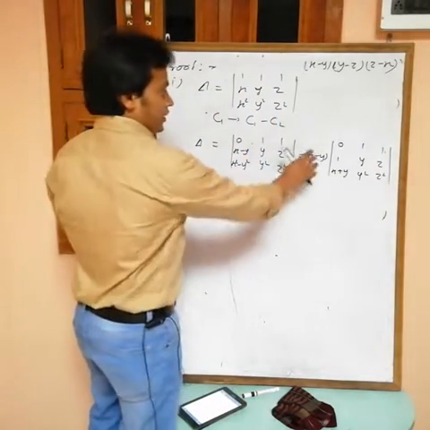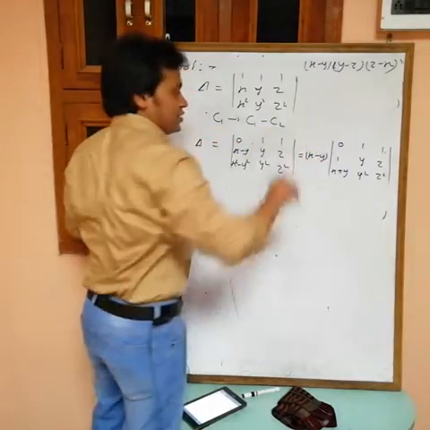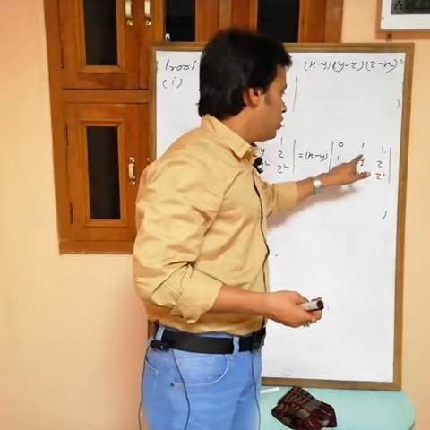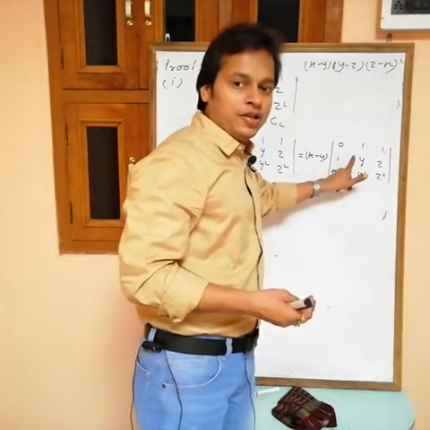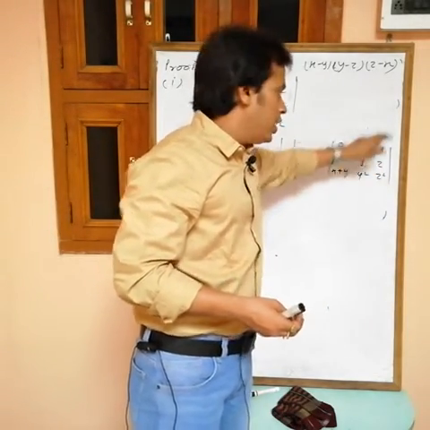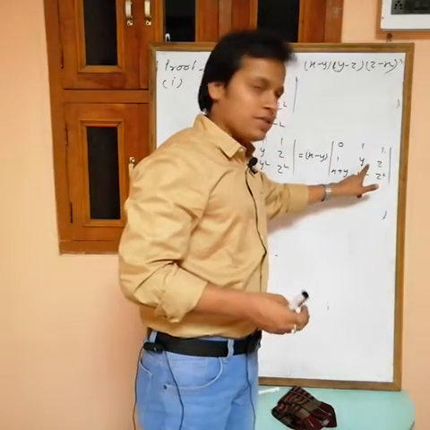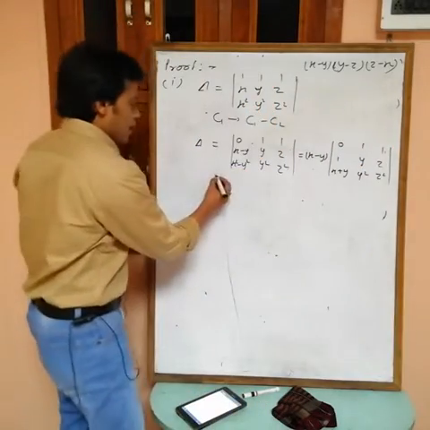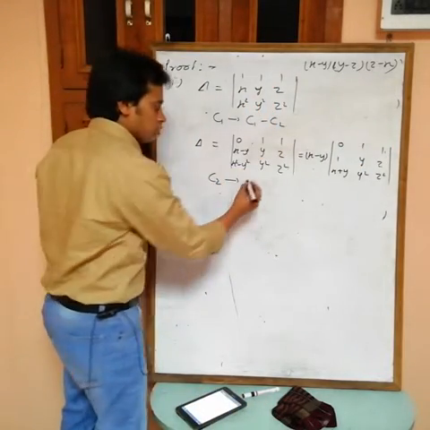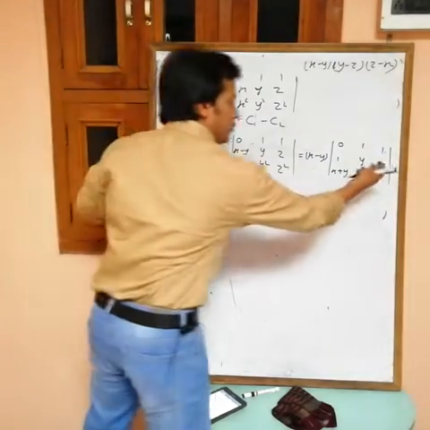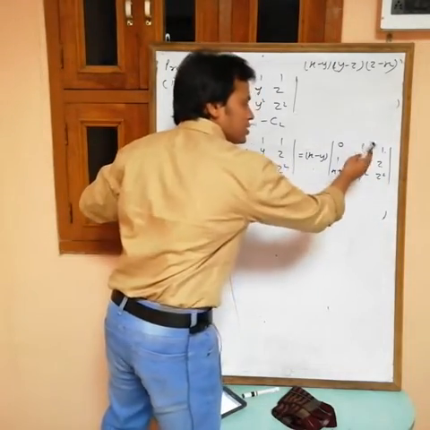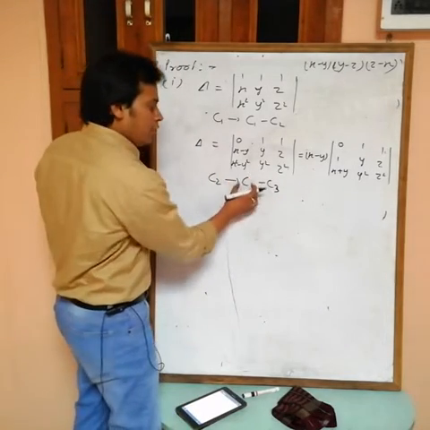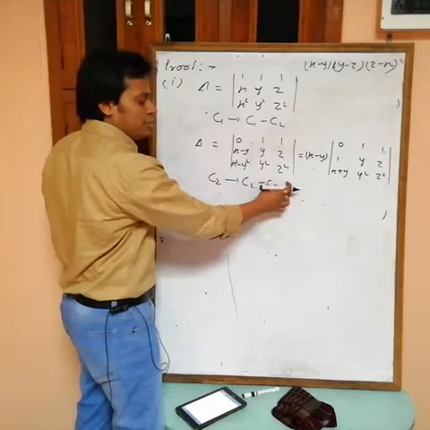Now we are getting x minus y. Now what we want is y minus z. How will you get y minus z? You will get y minus z if you subtract this one from this one. This is C2 and this is C3. So in C2 I have to subtract C3. Next I am performing the column operation on C2. C2 must be added, and we want y minus z, so C2 minus C3. Can I do this? Yes, because in any column you can add or subtract the constant multiple of another column.